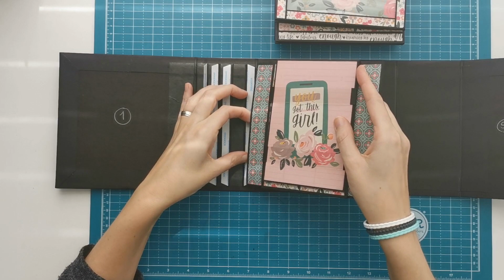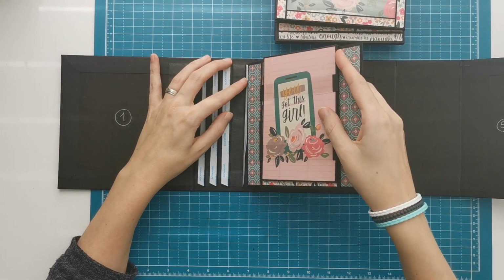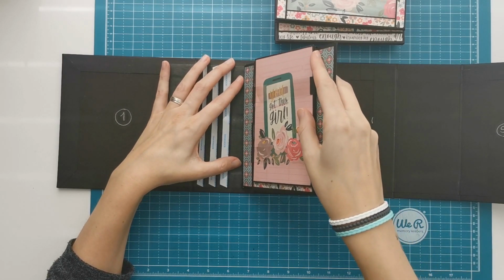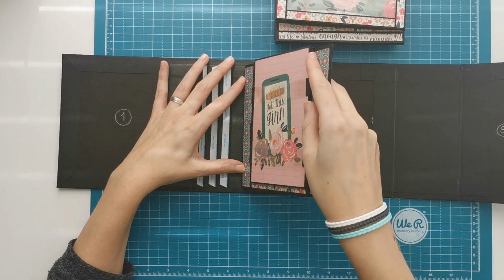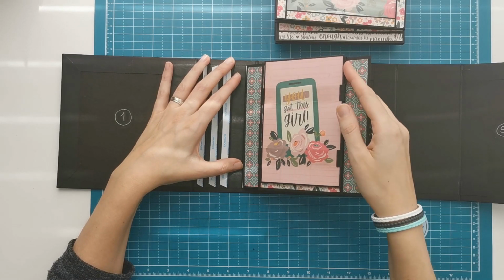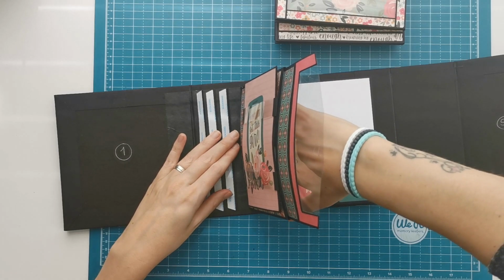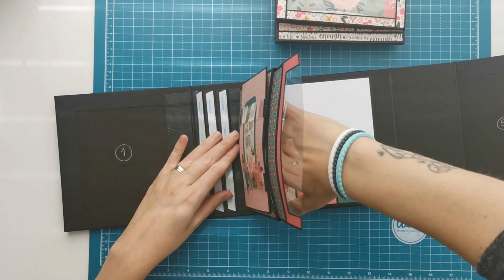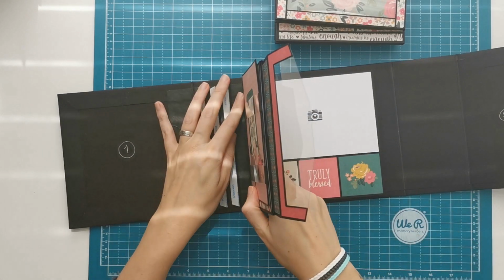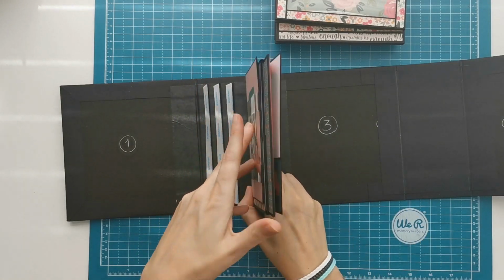So you are going to place the hinge inside the binding opening on your page, and I've made the hinge out of Tyvek and I really love the end result of it, but it's a pretty flimsy material and getting that hinge in the opening was a little bit more difficult than with the cardstock that's a little bit more sturdy. So I really had to work it, but I put my hand into the pocket on the back side of the page because there's the opening for the binding,